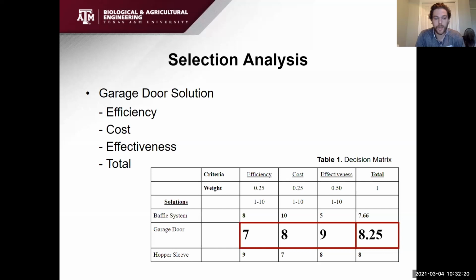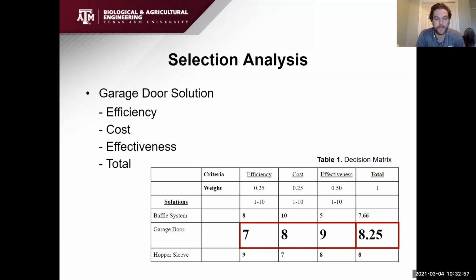Moving on to cost, the garage door solution is ranked 8 due to its affordability. The only costs present are labor and relatively cheap materials. With the fans for further filtration and cyclone already on site, this solution would be very easy and cheap to implement. The structure itself will also have a longer life of use compared to the other solutions, due to its ability to handle wear and tear over time, since it is constructed to withstand weathering and outside environments. So finally, the overall effectiveness: the garage door solution is ranked 9 in its effectiveness,